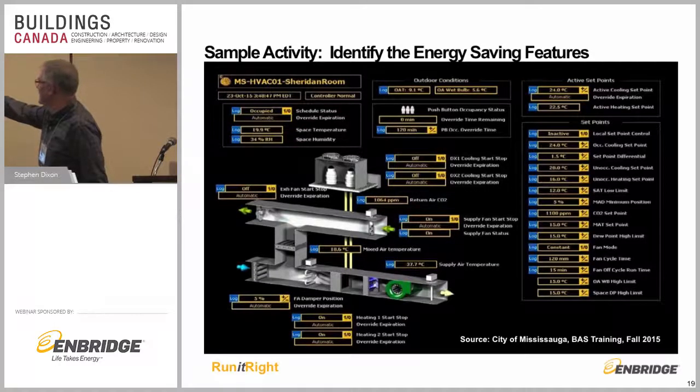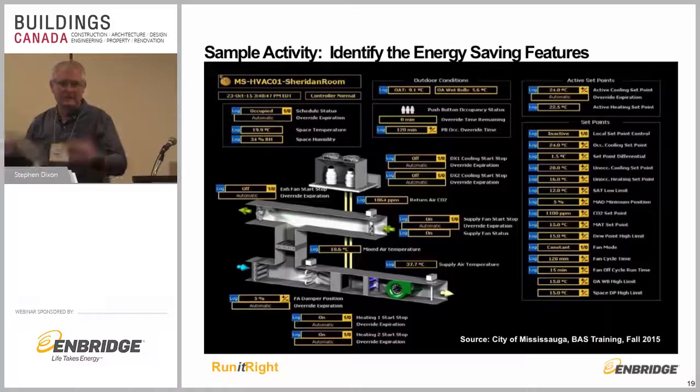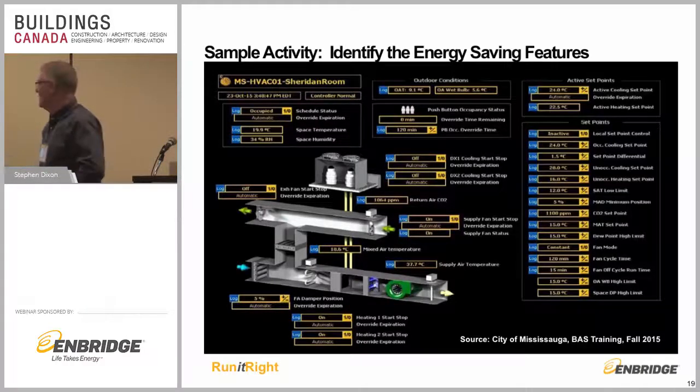So push button occupancy status. A push button in the space to indicate that the system is occupied. We can sense that automatically, but maybe the users would actually do that. So override on heating, start, stop, and systems, right? So there's a whole load of things. I'm not going to go through all that because it is hard to read up here. But